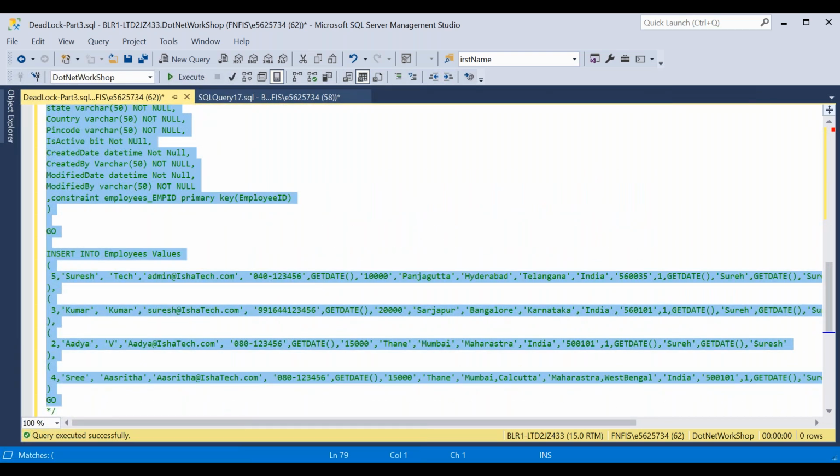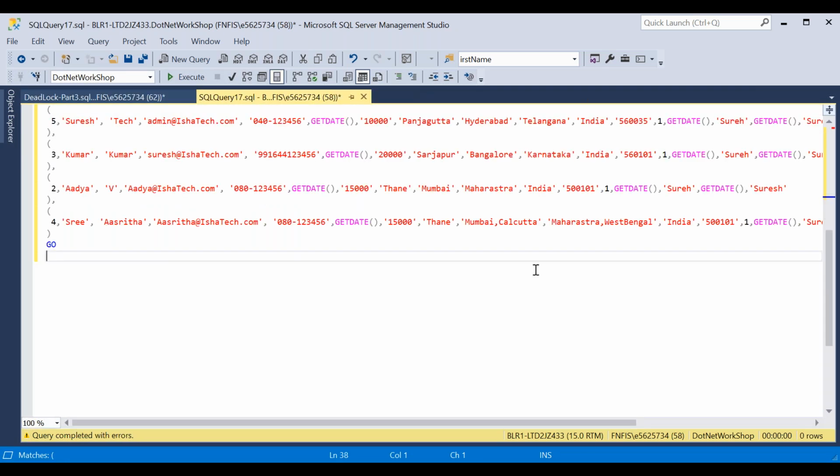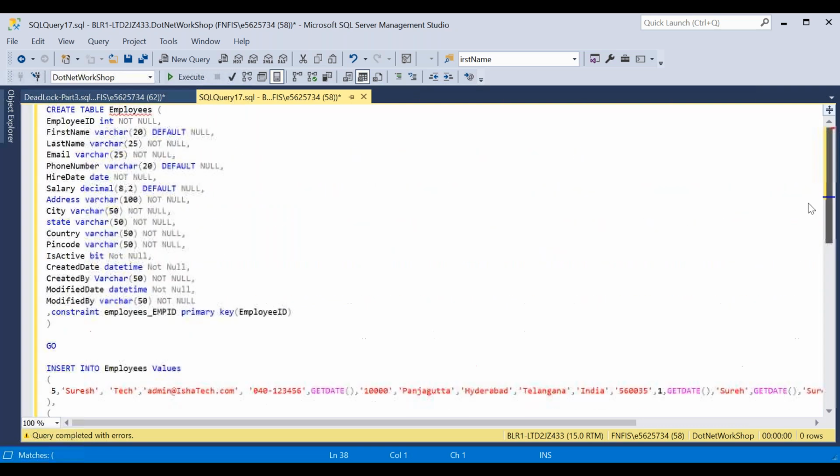I'll show you. Here in this table, I'm creating the constraint, which is a primary key. By default, if we create any primary key, a clustered index will be automatically created on that table.